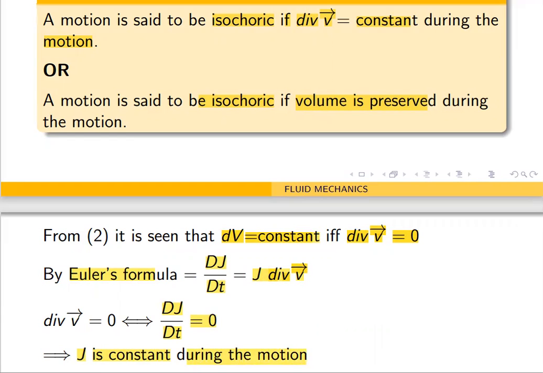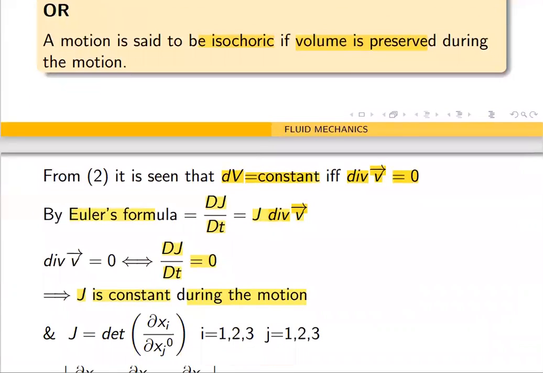J is constant during the motion. Fine. All these things are equivalent: dV equal to constant, or divergence v equal to 0, or J is constant during the motion. Fine. Now, J is constant during the motion. Okay. What is J? J is nothing but the determinant of dou xi by dou xj naught, i equal to